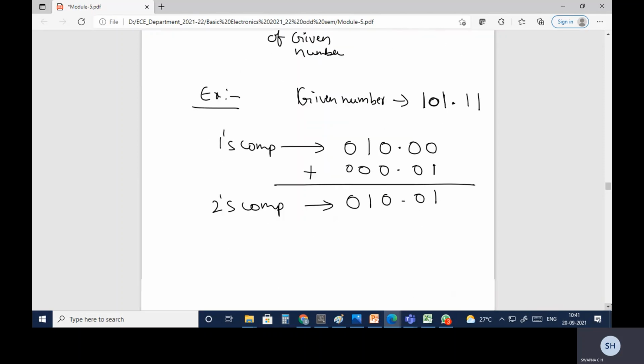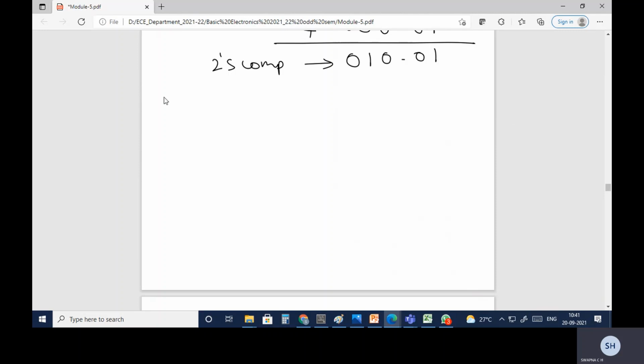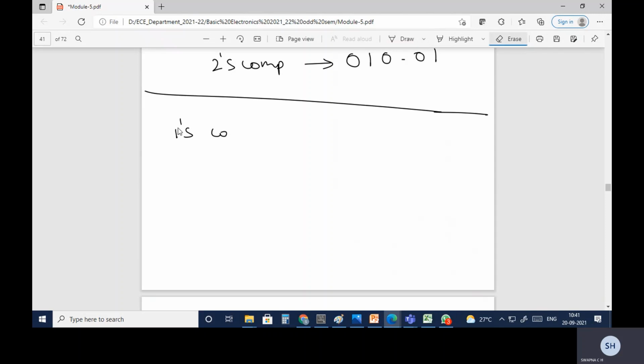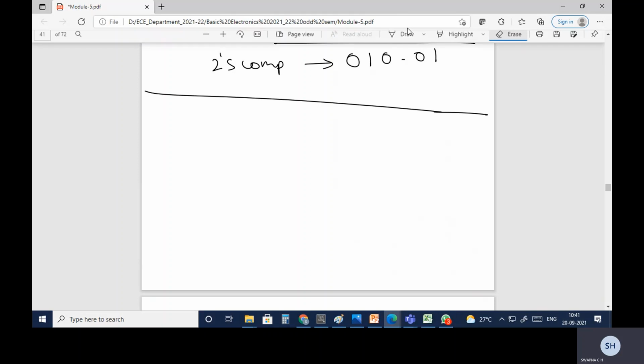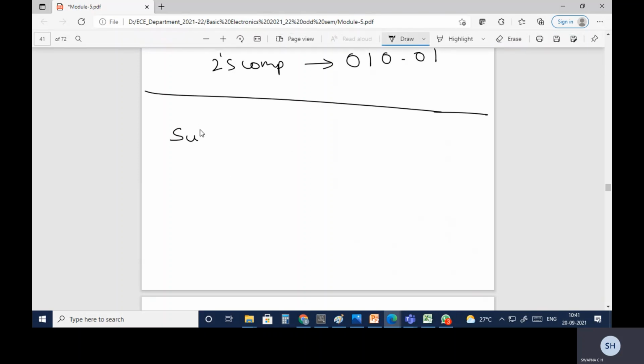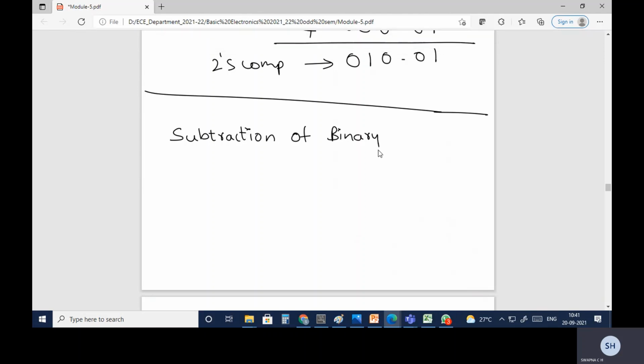Okay. So now what will we do? We'll go with the next topic, where we'll be doing subtraction of binary numbers using one's complement.